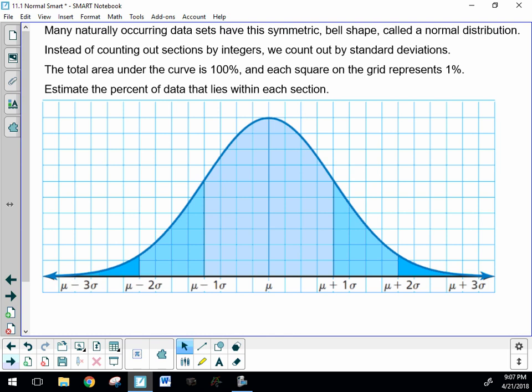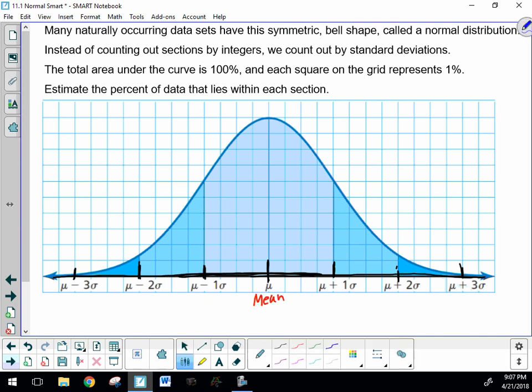What's interesting about the normal distribution is that when you think about this number line along the bottom, when we're setting up a normal distribution, we always start by putting the mean right in the middle. So I have the symbol there for mean. And instead of counting out by ones or fives or tens or whatever your scale might be, the thing that we want to count out by is standard deviations. This notation is a little bit tricky at first, but I'm sure you'll get to understand it. So this is saying that the mean is in the center,